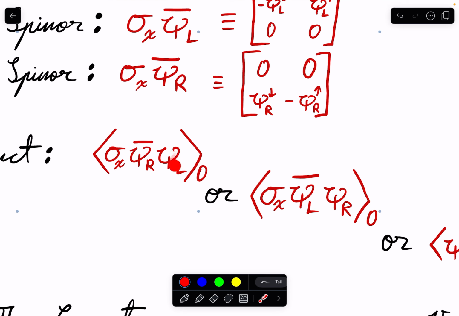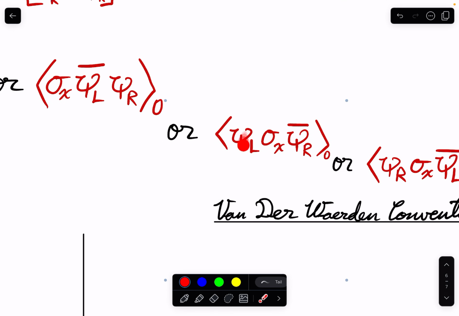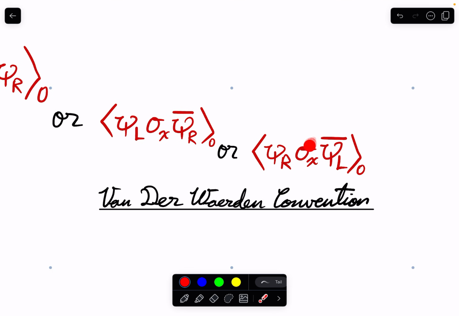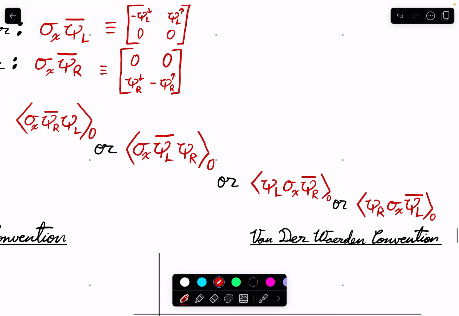So you can see this is a left Weyl spinor times a dual right Weyl spinor, then a dual left Weyl spinor times a right Weyl spinor, then left Weyl spinor times a dual right Weyl spinor, right Weyl spinor times a dual left Weyl spinor. And this product also has another property, namely, if